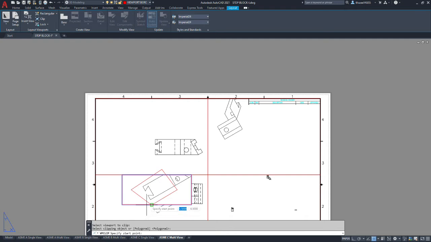You didn't have to necessarily draw a shape beforehand, but if you want to plan for the size of that view, it would be one way to do it, so that you can just pick on the corners of your box. Mine was drawn a little sloppy, and once we accept that, you see that the viewport's trimmed. You're still going to want to put a jagged edge on the one side, but you notice the portion of the model that's not within that boundary is now gone.